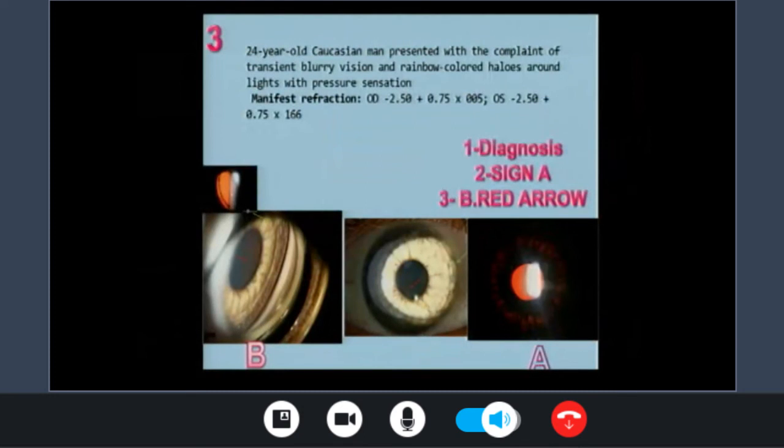يلا مين هيجاوب الثالث؟ يلا يا حمد. طب ما تقول pigmentary glaucoma، يعني بيقول لك presented with كذا كذا. ايش رايك؟ طيب ساين ايه؟ ممتاز. الساين B بقى مين عرفه؟